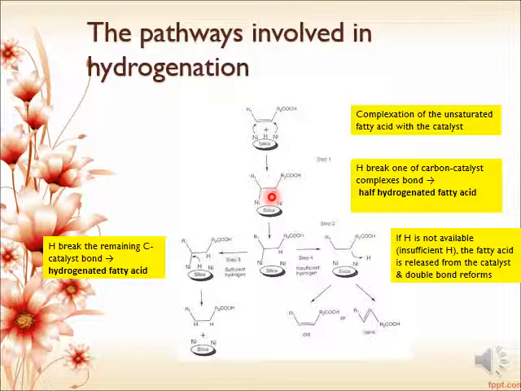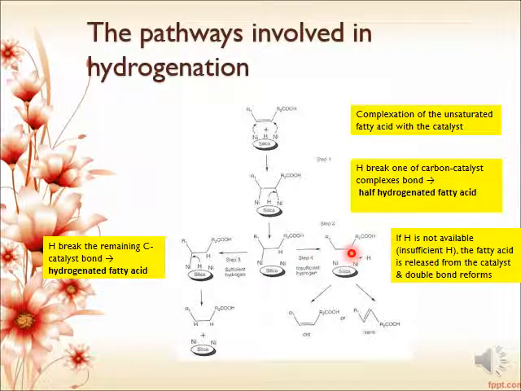Next comes the hydrogenation. Hydrogen will break one of these carbon-catalyst complex bonds, so that it will form a half hydrogenated fatty acid here. But if there is insufficient supply of hydrogen gas,